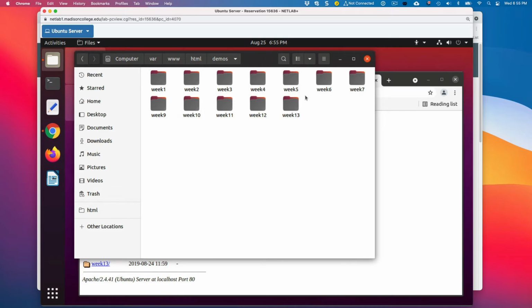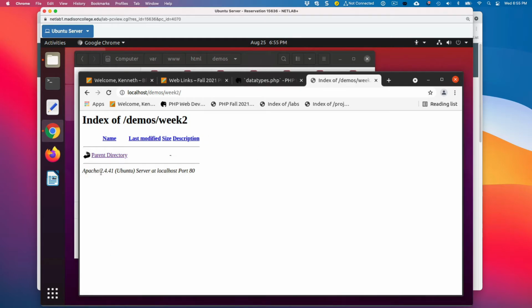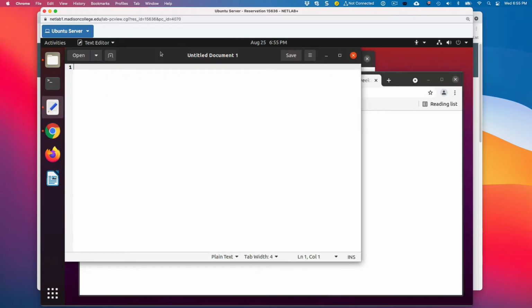If you notice, there isn't one listed here. If you want to hide your directory structure when you're creating a website, you probably want to have an index page in every one of your folders so people can't see what your folder structure is. But for our development environment, that's okay. So anyways, I'm going to pop things over here, and then as they show up here, I'll just click on them, and then the web server will run them.